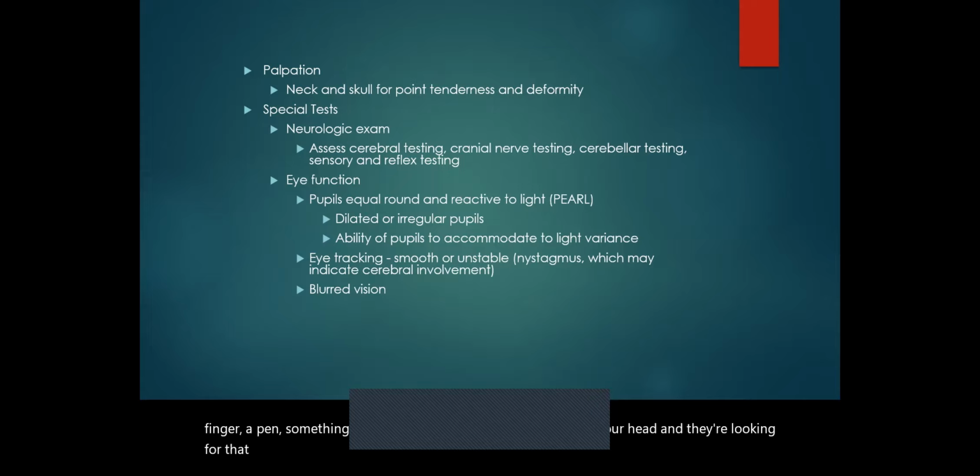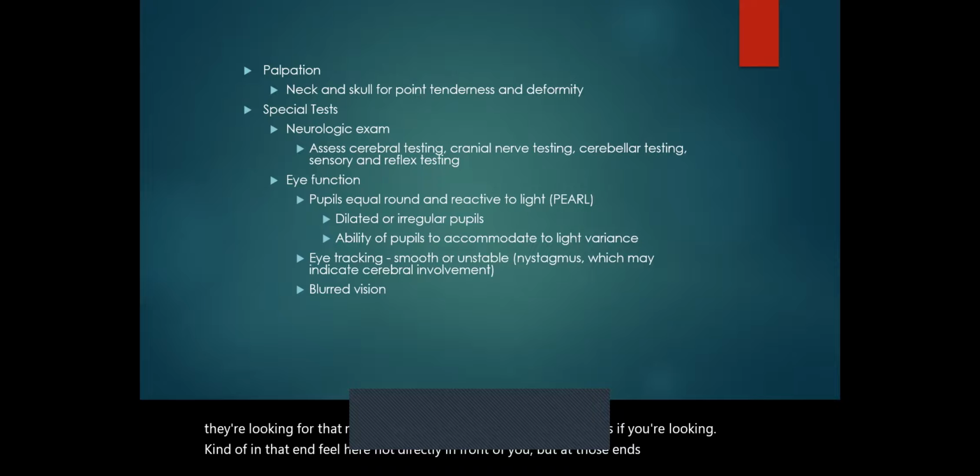So especially at those end ranges, if you're looking in that end field here, not directly in front of you, but at those ends, the eyes will start to twitch back and forth. That's that nystagmus. So again, that's not something that we can directly control, but something that we can easily assess for. So when we think about a lot of those DUI type tests, we're also seeing some delays in the brain function that you would also have if you did have a concussion. So a lot of these tests might be very similar to what you would see on the side of the road if you did have to take a sobriety test.